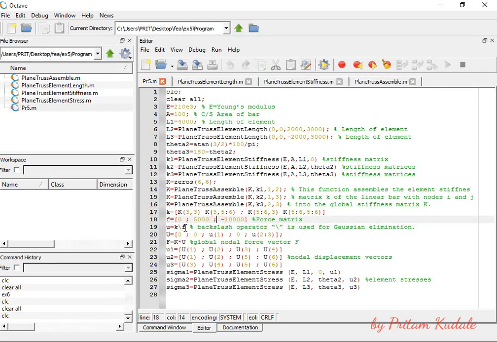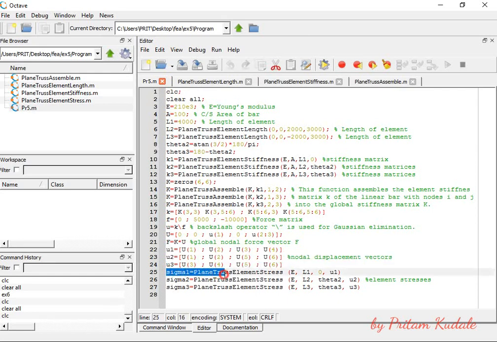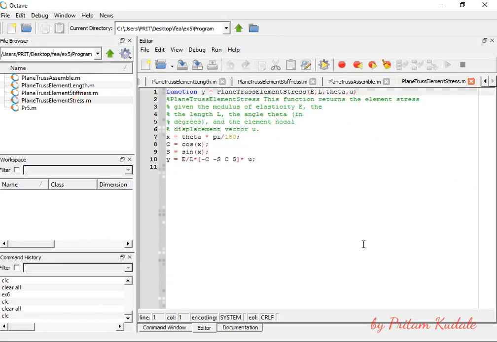By this we will get the value of u at the various nodes, which can be inserted into the global u, which is calculated by this function, and we can calculate the global f. Global f will give us the support reactions, and we can calculate the displacement in each element, which is really useful for calculating the plane sigma, that is the stress in each element. The stress in each element is calculated by this subfunction. That is why we are calculating cos theta and sin theta again, and this is the formula for calculating the stresses in each element.